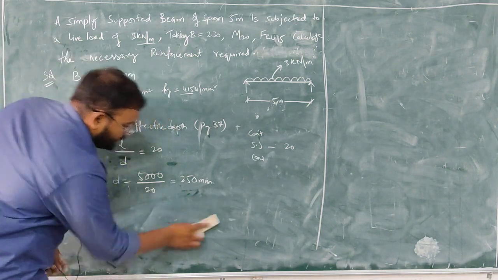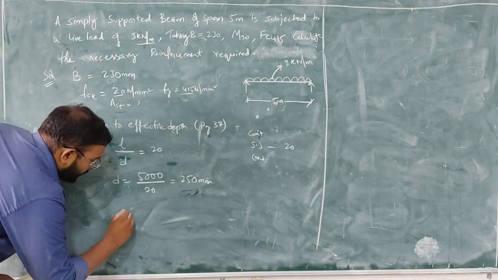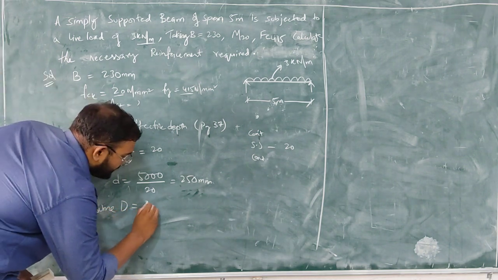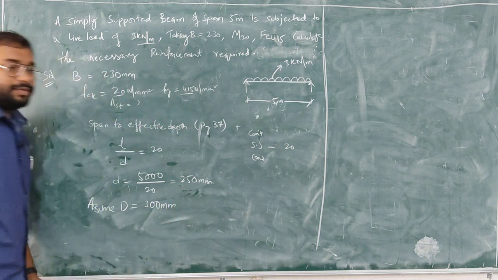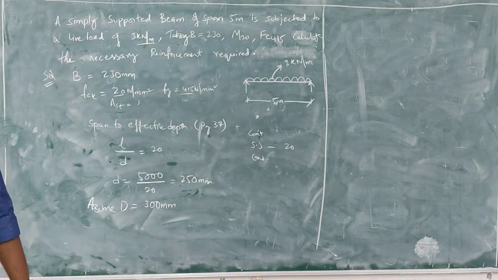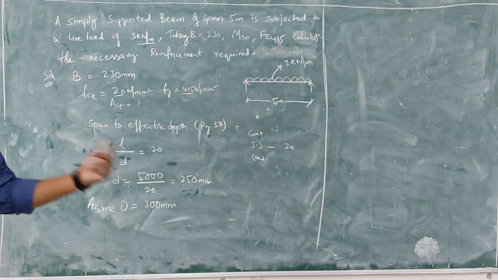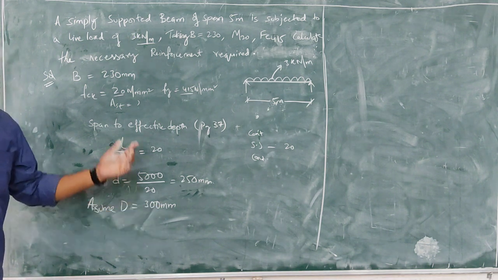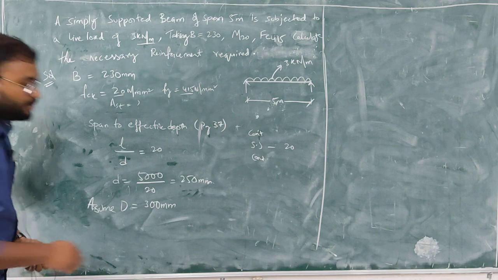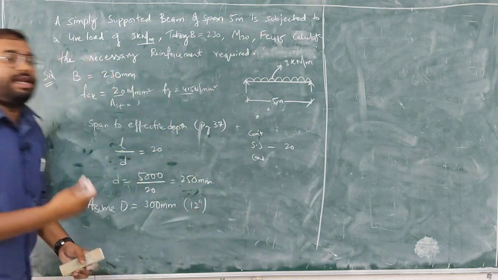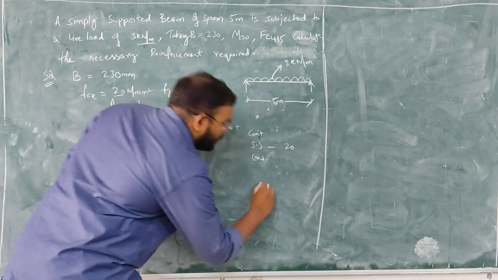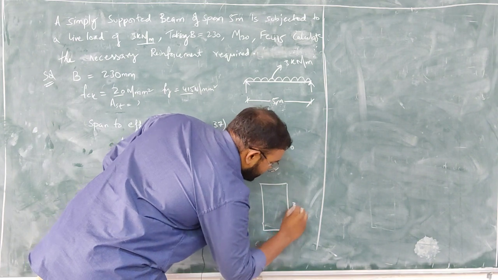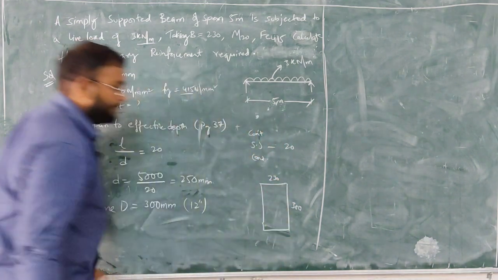Understood the point? Okay, very important. Okay, now what we'll do here, we'll assume capital D is equal to 300 mm. Okay, you need to assume some standard dimensions. You cannot provide 235, 245, that is not advised. So how much size you can provide? You can provide 300 mm. 300 mm is approximately equal to or exactly equal to 12 inches. Okay, so you are trying to provide a beam of 9 inches by 12 inches. This is 300, this is 230.